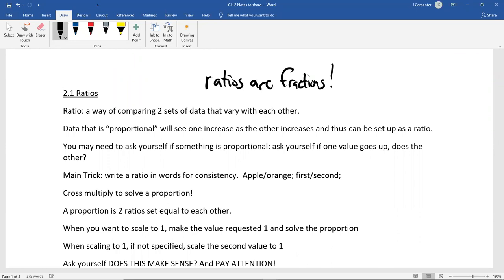Ratios are just fractions. The word ratio has the root word rate inside of it, and you'll hear that word described with fractions as well sooner than later. So whenever we talk about ratios, we're talking about setting up fractions. A ratio is a way of comparing two sets of data that vary with each other, something like apples